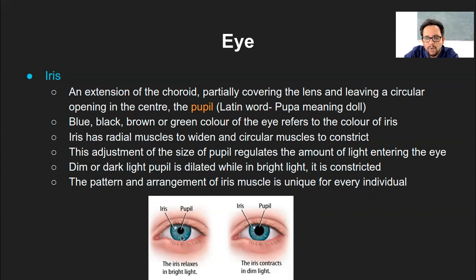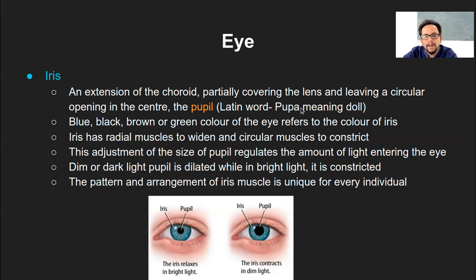So if you see this whole eye structure, the bluish thing that they have shown is the iris, and then there is a small opening at the center which appears black, and we assume that this is a black structure. It is not a structure as such, it is rather the opening. That is what is the pupil. Depending on how much the pupil is dilated or constricted, this opening size will vary. So the iris is this muscular structure present in the eye, which is an extension of the choroid, with an opening at the center that is called the pupil.